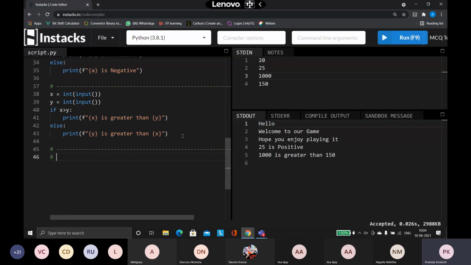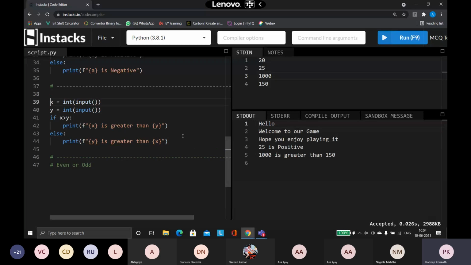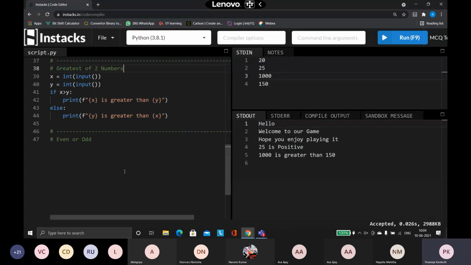whether the given number is an even number or odd. So even or odd, that is what I want to find in this program. So what we did, we wrote this program to find the greatest of two numbers. So greatest of two numbers is what this program represented. So now I'm saying I want to find a program in which I want to know whether the number is an even number or an odd number. Okay, so for that again, give a variable, get the value from the user.